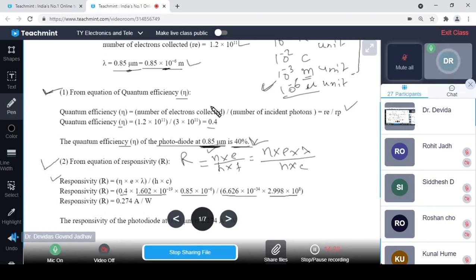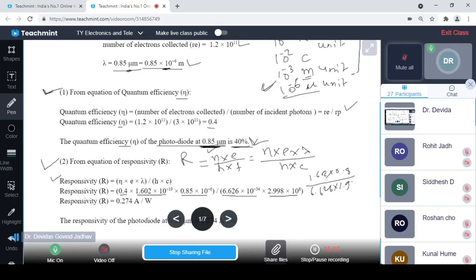Now we can simplify it. You can solve it directly by calculator, or we can simplify with 1.602 into 0.85 in the numerator, and in the denominator 6.626 into